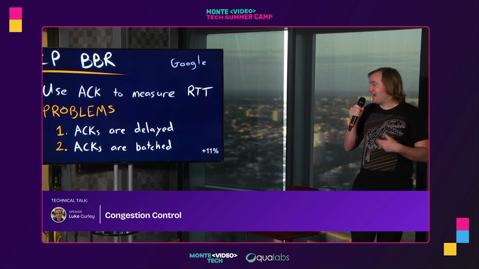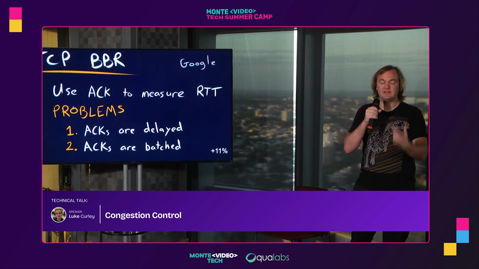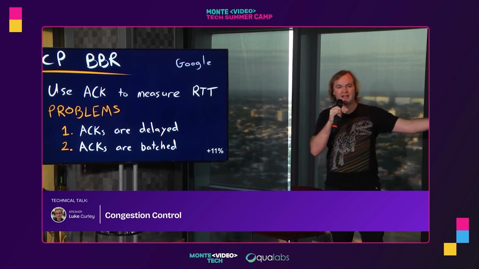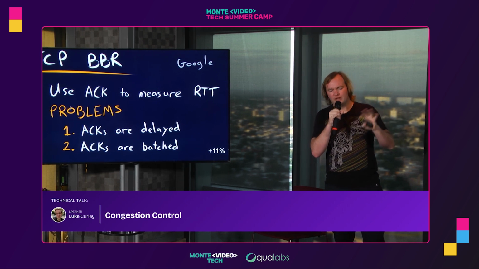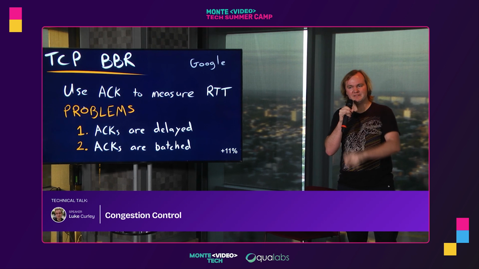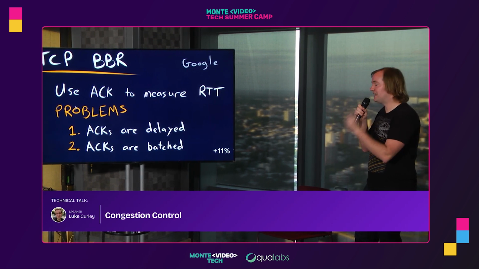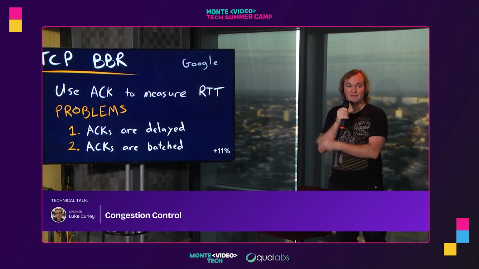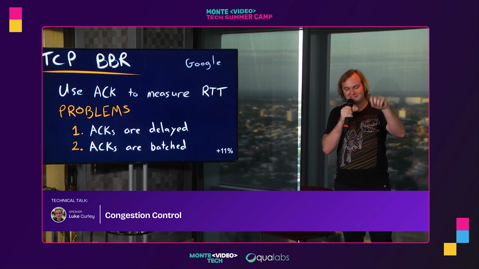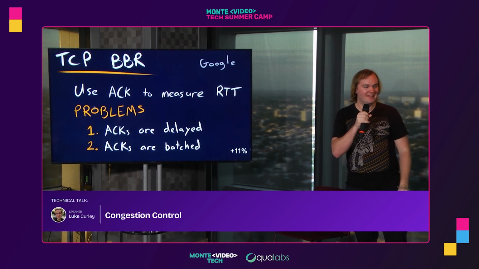The problem is that the ACKs are delayed. A receiver might wait like 20 milliseconds before sending you an ACK, and they're also batched. So you might have hundreds of packets in one ACK. So you don't really know when each packet was received. You get really fuzzy math. It's really fuzzy, hand-wavy stuff. But when I enabled this at Twitch, this caused 11% more minutes watched in Brazil. In Linux, you just enable a flag, and 11% more video was served, which is crazy